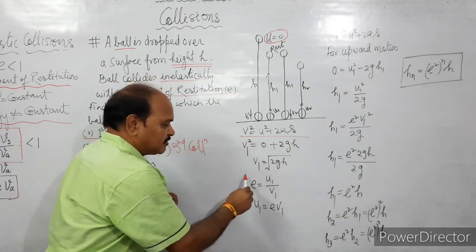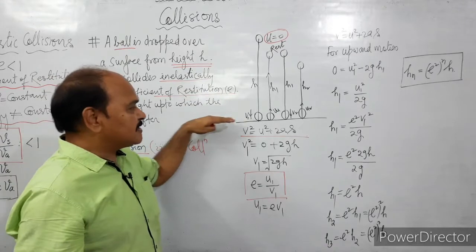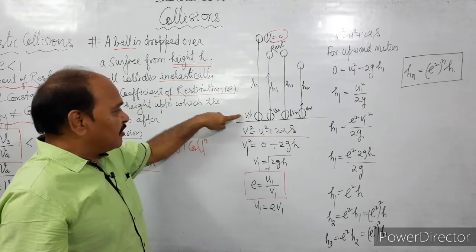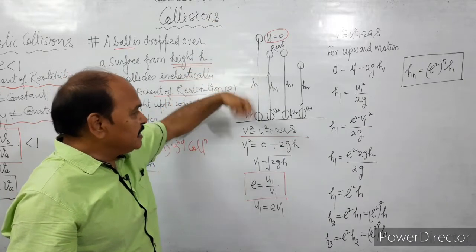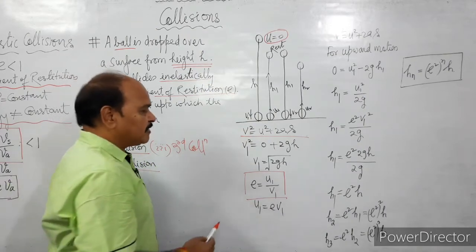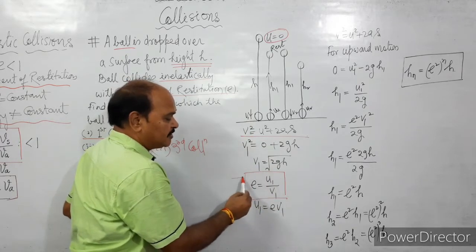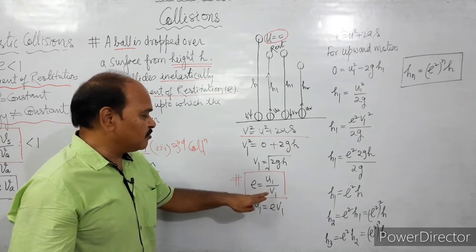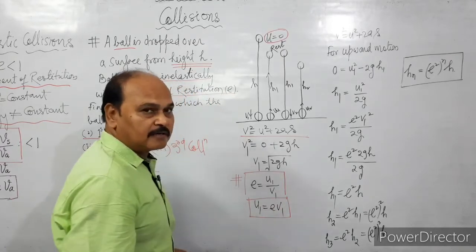Well, coefficient of restitution E is the ratio of speed of separation to speed of approach. It collides with the surface which is at rest. So velocity of approach is the velocity of the ball itself, and after collision it moves up, and the speed with which the ball moves up is the speed of separation. So what is this speed of separation? Speed of separation is u1, speed of approach is v1, and the ratio is E, that is coefficient of restitution. This simply means u1 is equal to E times v1. So this is the speed of separation, u1.